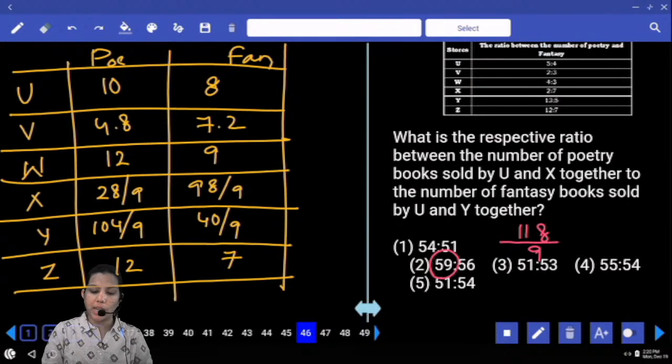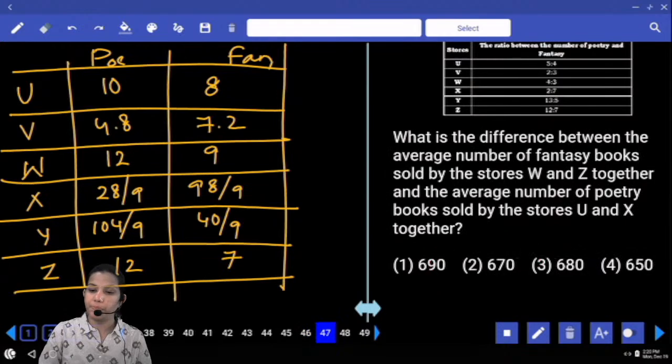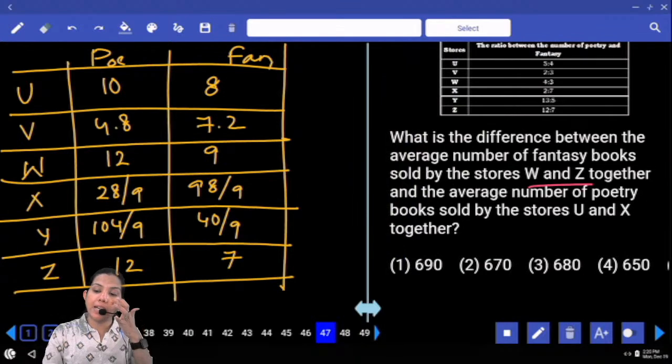118 factors. So next question number 47. What is the difference between the average number of fantasy books sold by W and Z together and the average number of poetry books sold by U and X together? First, we are doing the sum. W and Z, fantasy or poetry? Fantasy. W value 9, Z value 7. W and Z together